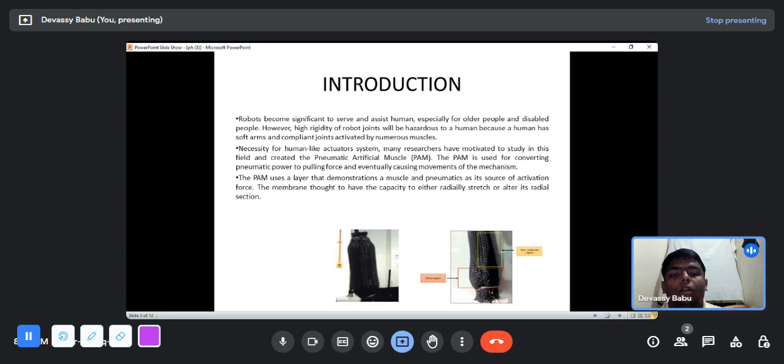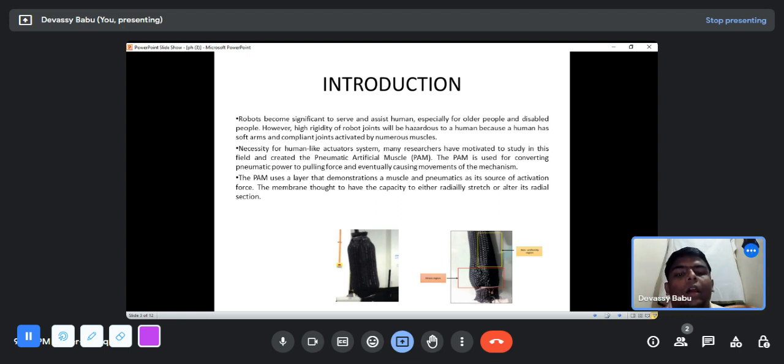The introduction for pneumatic air muscles: robots have become significant to serve and assist humans, especially older and disabled people. However, the high rigidity of robot joints can be hazardous to humans, because humans have soft arms and compliant joints. This is achieved by numerous muscles. The necessity of a human-like actuator system has motivated researchers to study this field and create pneumatic